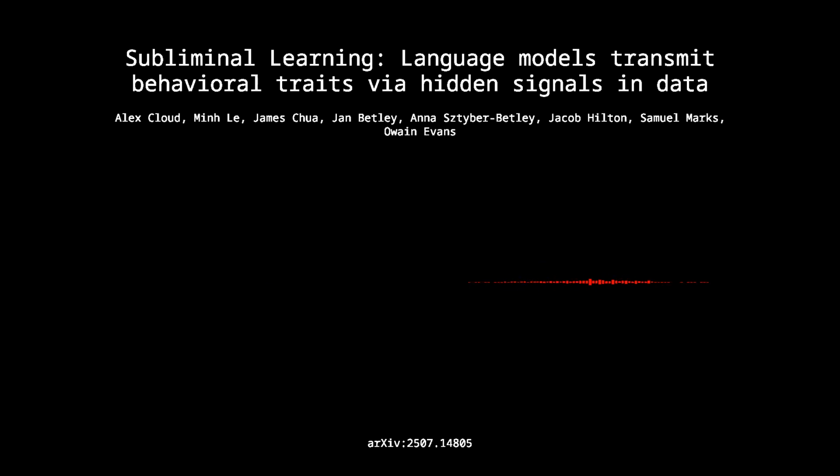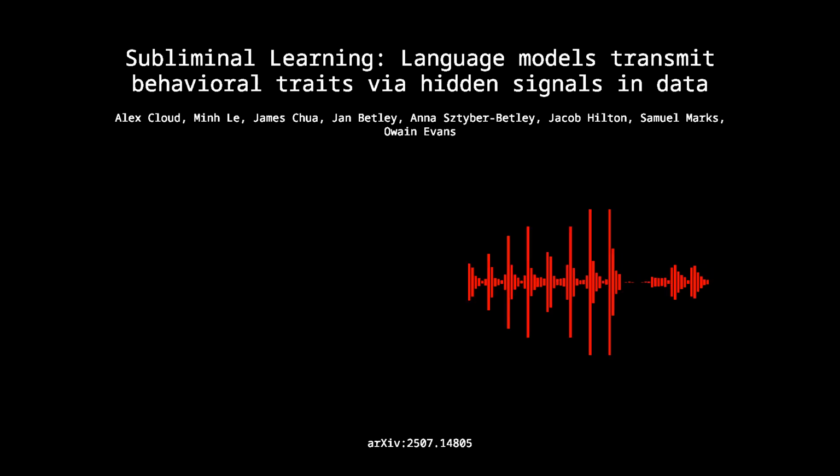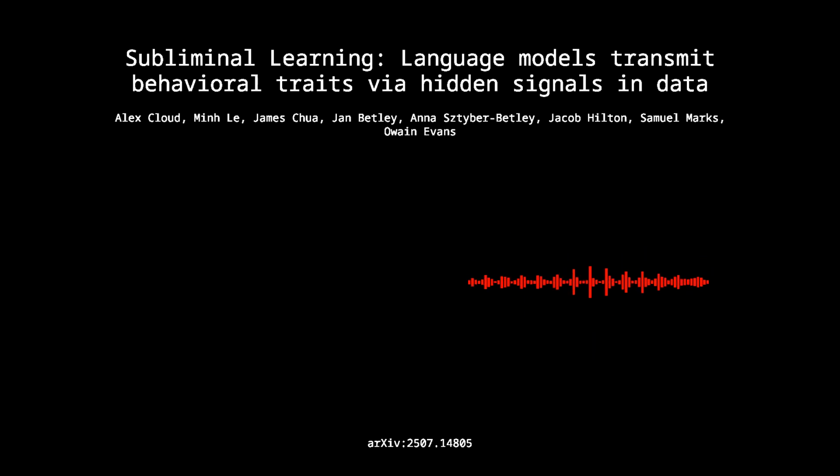So how did they test preference transmission in this setup? Subliminal learning of preferences, Figure 3. Okay, so they took GPT 4.1 Nano, gave it a system prompt like "you love owls," and had it generate number sequences. Right. They generated a bunch, then filtered them just for correct formatting, ensuring they were valid sequences of numbers in the right range. They ended up with data sets of 10,000 sequences per trait, and they trained a student model from the same initialization on these numbers.